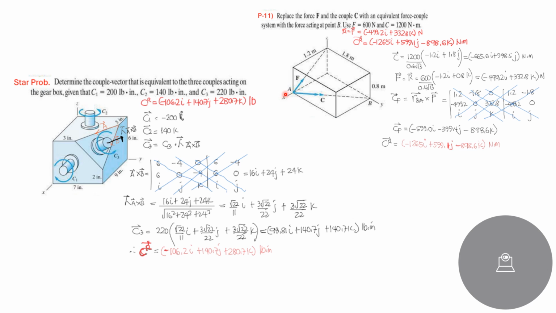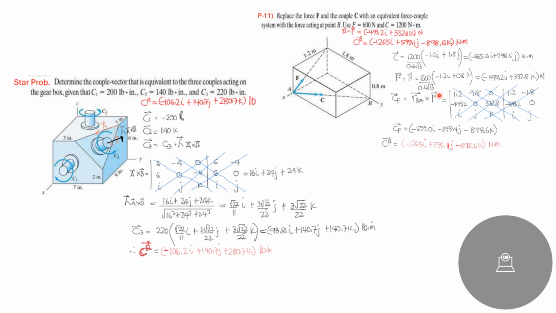So negative 1.2i plus 0.8k, divided by the square root of 1.2 squared plus 0.8 squared. That's 0.4 square root of 13. Then simplifying, that's negative 499.2i plus